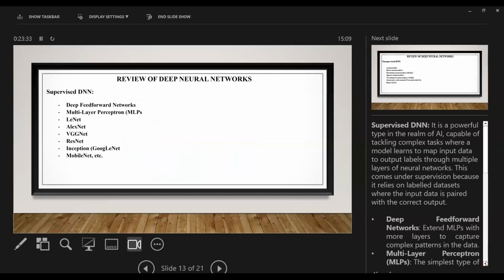So what are the categories that are present? In a similar way to what we had in ML, we have the same in deep neural networks.